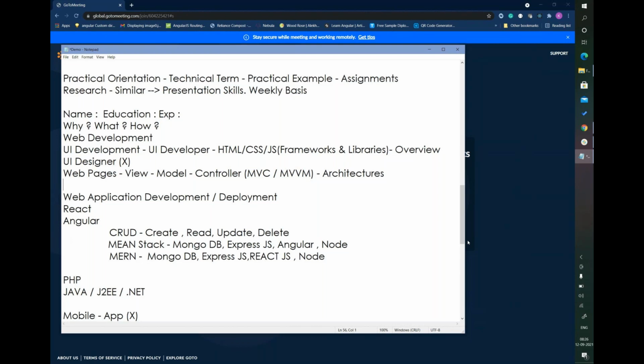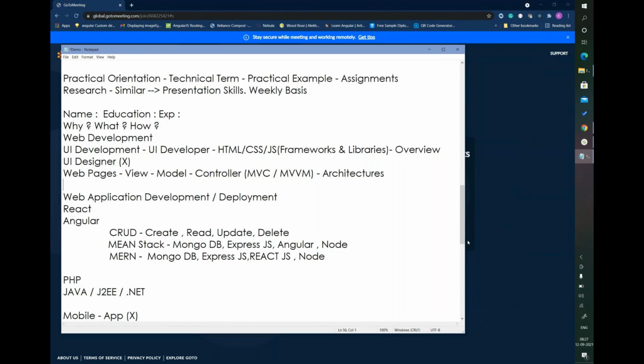Subbu. Hi sir, good morning sir. My name is Charity Venkat Subbara. Yeah, yeah. Go ahead, Subbu. Am I audible? Yeah, you are audible. Yes, Subbu, go ahead. Okay. My name is Subbara.